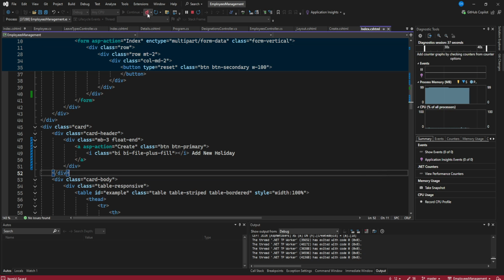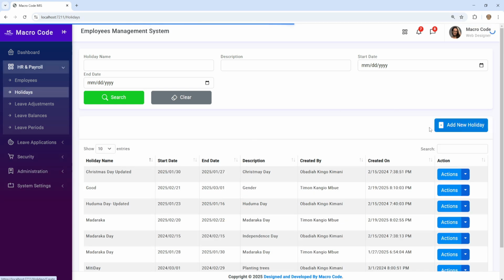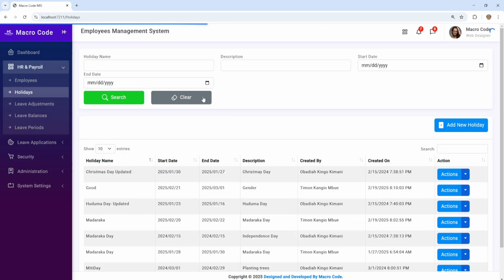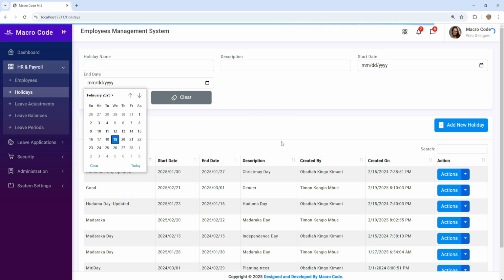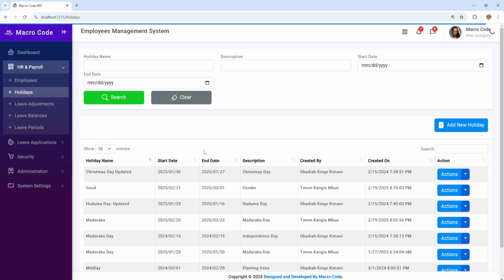Then it should be good. So if I refresh the page, our button should be a small button here, not cutting across. So you can see this add holidays. So you can see we have the holiday name, the start date, and the end date. So you can also filter. We can actually do here filter the